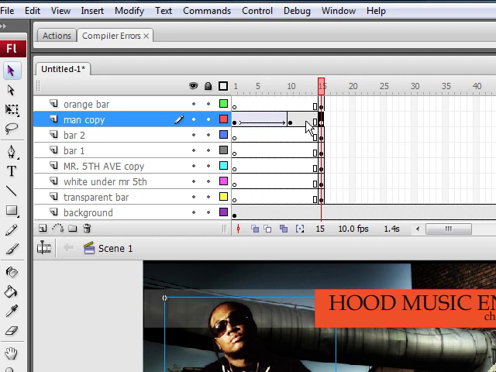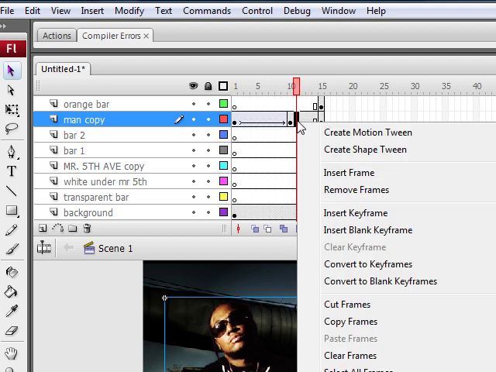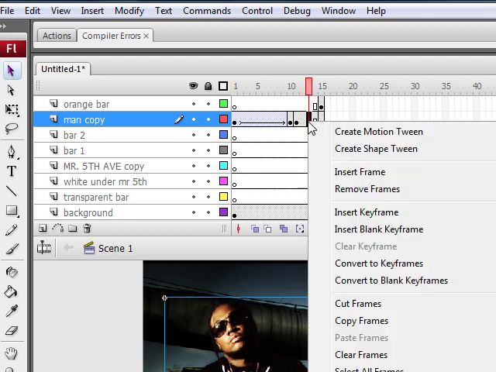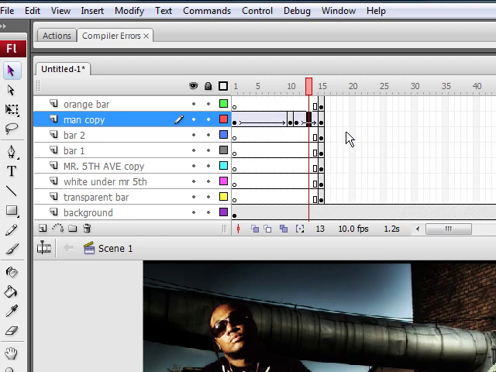So what I want to do is enter here a little simple flash on his image. So that would require me to go right here and insert another keyframe. Okay, click right there, insert a keyframe, and then I click anywhere in between these still images right here, right click, and I hit create motion tween. Now what's going to happen is,